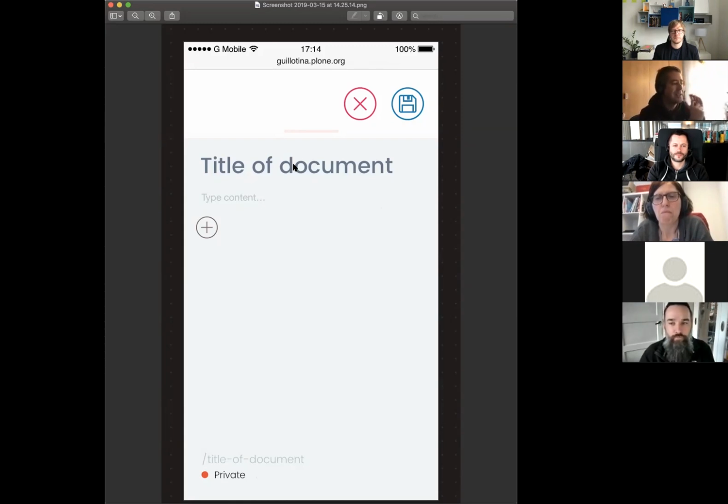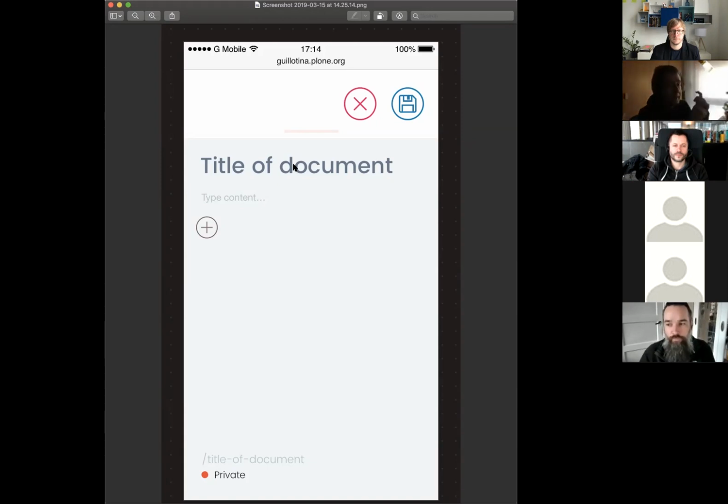So it's better to keep that low, and if you have a specific requirement from a client, you can always add the action manually into the toolbar, because at the end it's very easy to do in Volto, and it's a customization of one file. So it's not that complex to add a new action there at all.